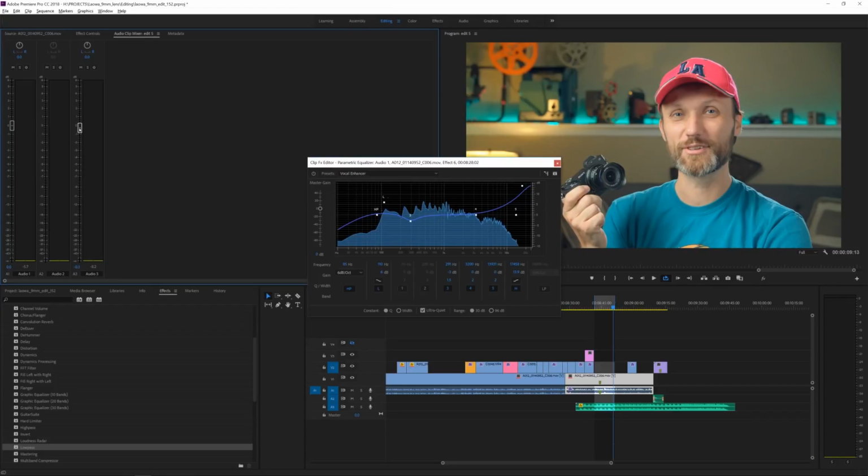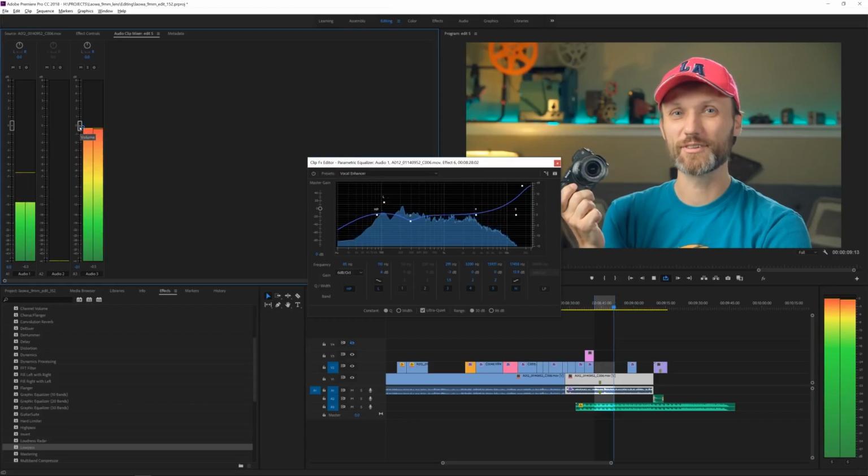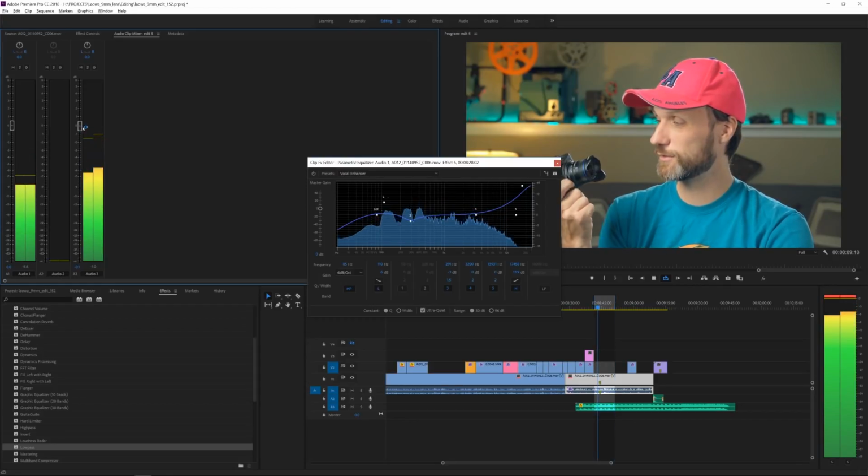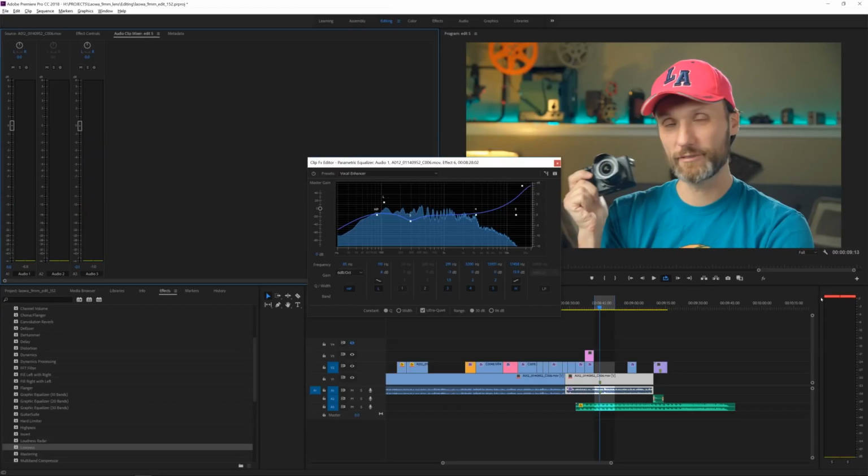If I were to play it at 0, that's going to be definitely too loud, the music. And you can see they're together. Once it's mixed with my dialogue, the final mix, because this is the master levels here, is going above 0. So definitely the first thing you want to do is overall adjust the volume.